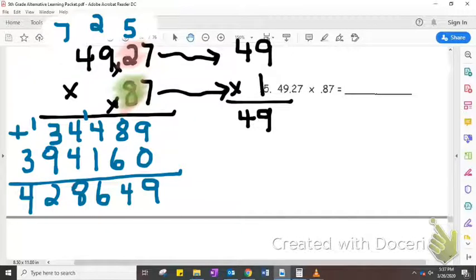Okay, so the hard part now is figuring out where to put the decimal point. So again, we want our answer to be somewhat close to 49. So where should we put the decimal point so that it's close to 49? If we were to put the decimal point, let's see, here,